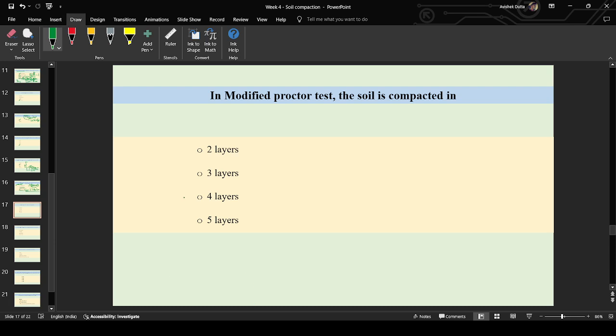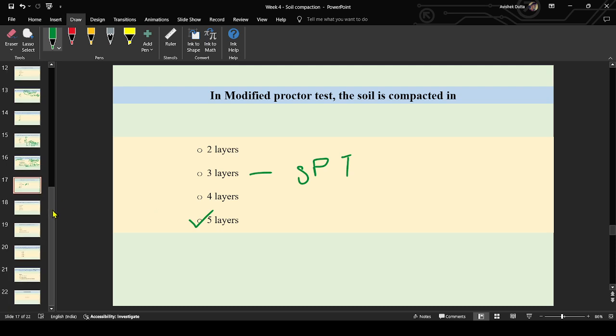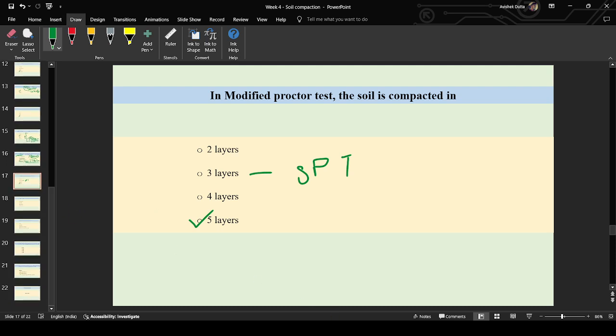Yes, sir. So it is 5 layers, right? And 3 layers is for the standard Proctor test. Others should also give some answers. Other people are not interacting. Anyway,